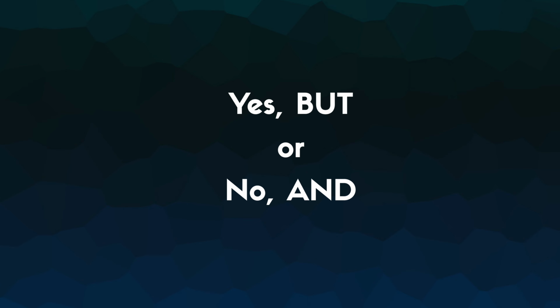So in your last scene, the way to make sure you have a hot enough fire under your character is to end that scene with either "yes, but" or "no, and." So let me explain what that is and why that's important for your writing. Back in the first step, I said your character needs to want something, and there needs to be something in the way of them getting it.